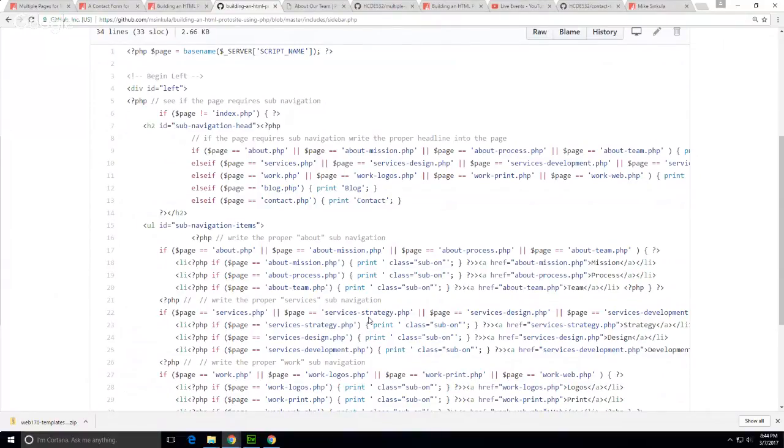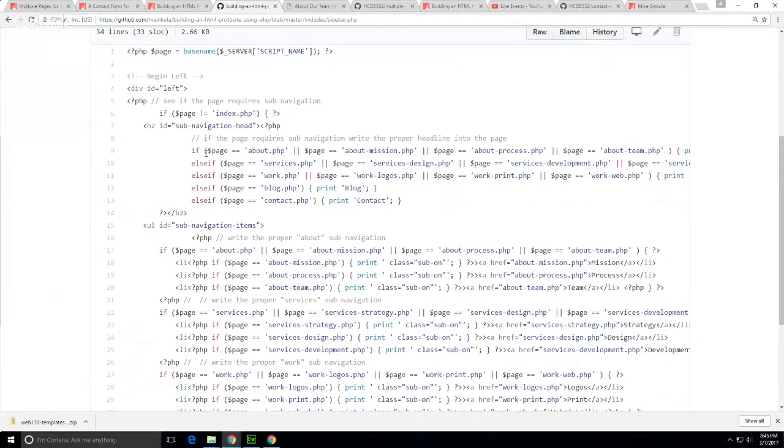So basically what's going on here is if the page, again, I'm using base name server script name, right, is not equal to index. In other words, if we're not on the home page, write out the markup for subnavigation. This right here then is where I can open up a PHP script, close the PHP script to write out HTML. I don't need to use echo statements, right? That's also, from what I understand, called escaping HTML. Yeah, so it's one way to do it, right? So then write out the